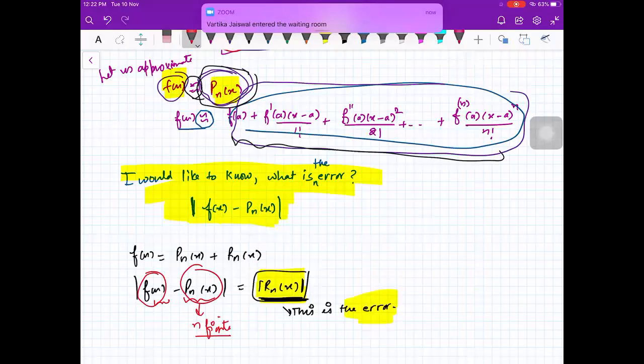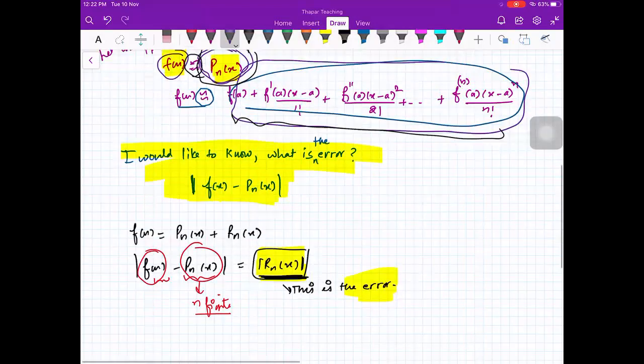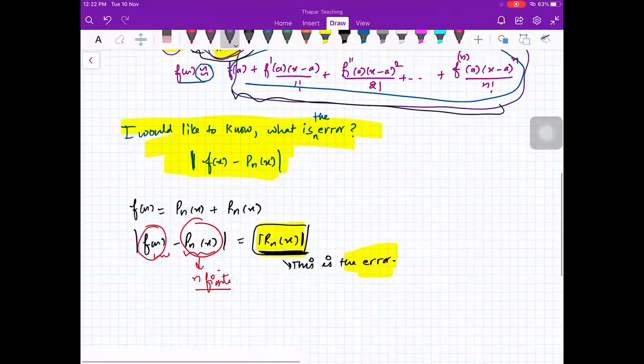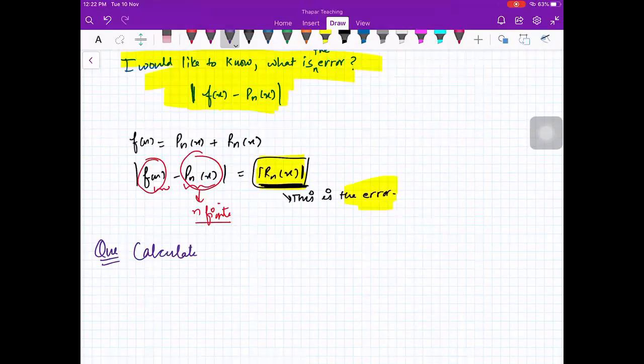Okay, fine. In that case, error has to be 0 anyway. Fine. So let us do this problem. Question is, calculate e. Okay, e is your exponential, e raised to power 1 basically, with an error less than 10 raised to power minus 6.